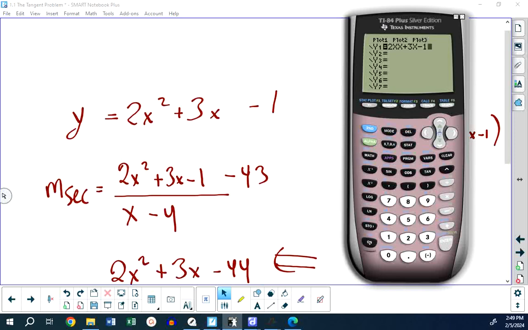And I'm going to set up my window settings to go from 0 to 6 for x and 0 to 100 for y. And there is the function. You said at x equals 4. Okay, if I go to my calculate window,